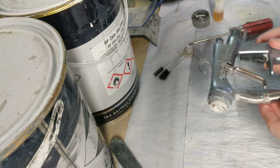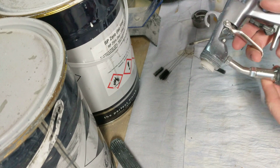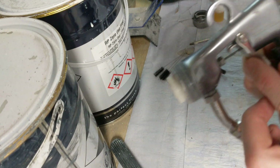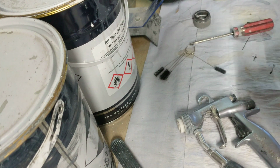Okay chaps, just a quick one for these guns. When you're cleaning them and maintaining them, after each use that should be pulled back, this should be clean. That should be clean there, and what you should do is put